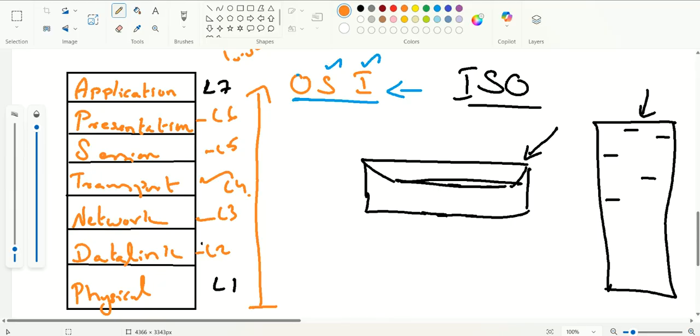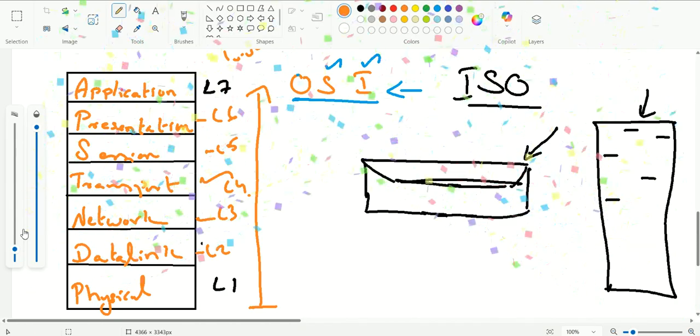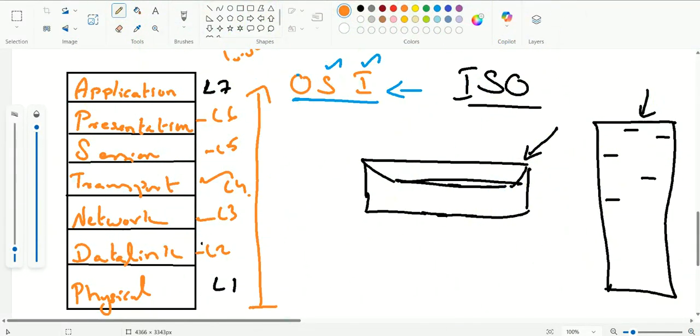And the remaining things about OSI we'll discuss in our next class. Do you have any questions on what we covered today? All right. So